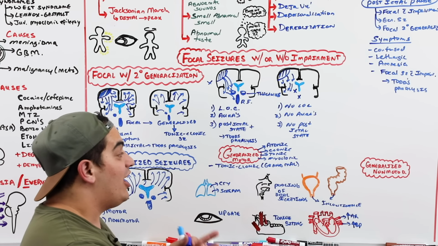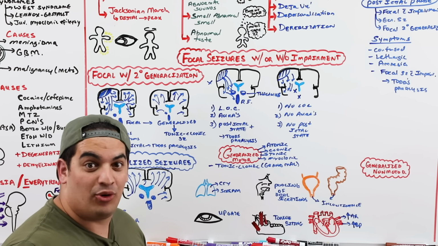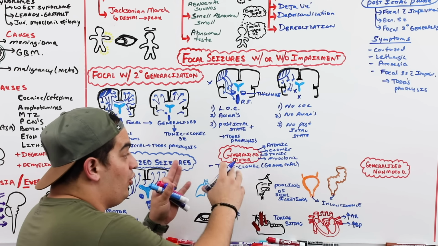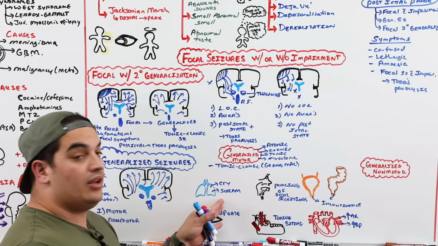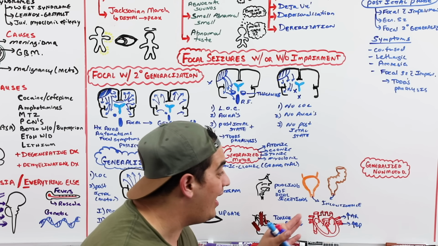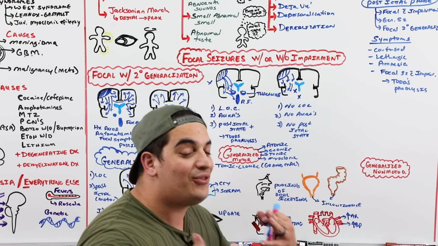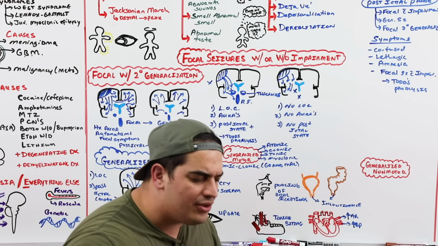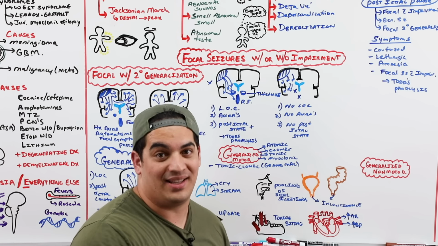So again, generalized motor, particularly tonic-clonic, grand mal seizures lead to loss of consciousness. They lead to tonic-clonic movement of the upper extremities, lower extremities, trunk, head, neck, as well as involuntary scream, cry, up gaze, pooling of oral secretions, tongue biting, incontinence, and tachycardia and hypertension. And then afterwards, they have a postictal state where they have amnesia, confusion, lethargy, and that can last for a decent amount of time until they return back to their baseline.